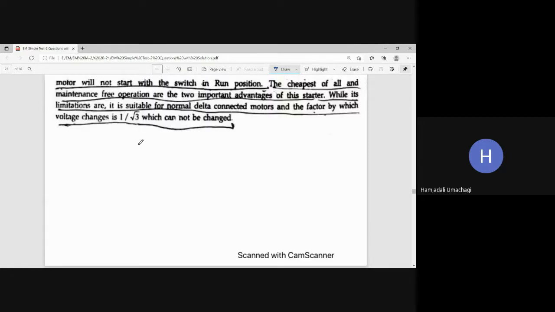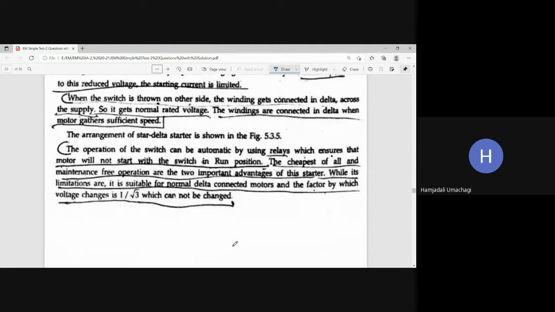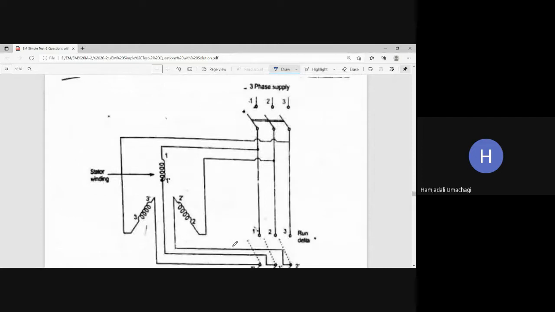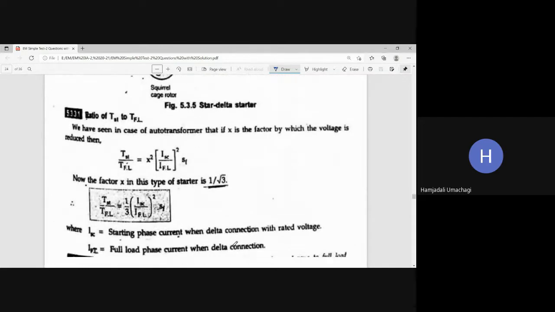So first you need to explain all this explanation related to the star delta starter from here to this point. After that, you need to draw the circuit diagram for the three-phase star delta starter. And after that, you need to write the